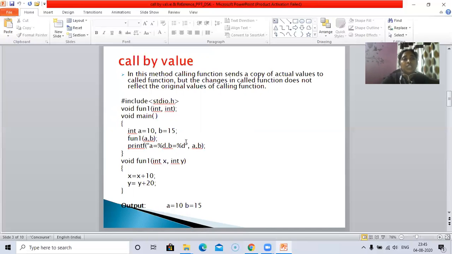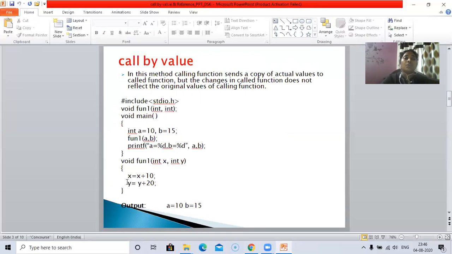So if you see in the example here, the value 10 is assigned to A and 15 is assigned to B. We have passed these two values to the function definition. Now the control will be transferred from here to the place where this function 1 is defined. Now x holds 10 and y holds 15. Now there are some manipulations: x is equal to x plus 10 and y is equal to y plus 10.